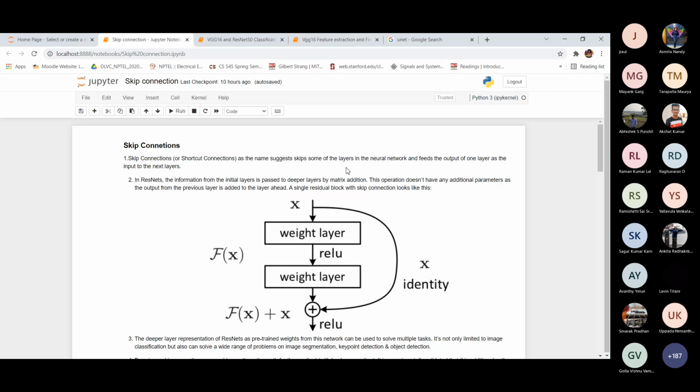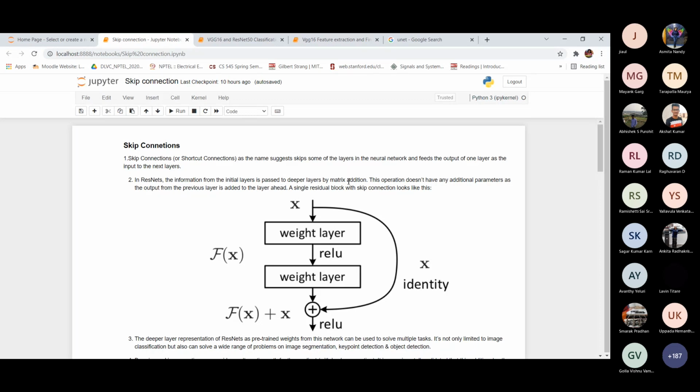In ResNet, and in deep neural network models generally, we use this configuration with skip connections so that our model will perform better.